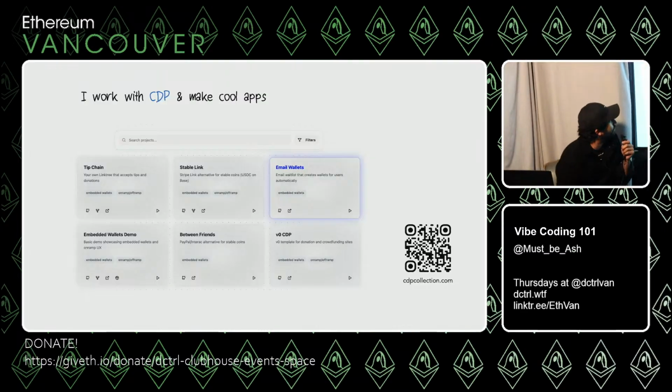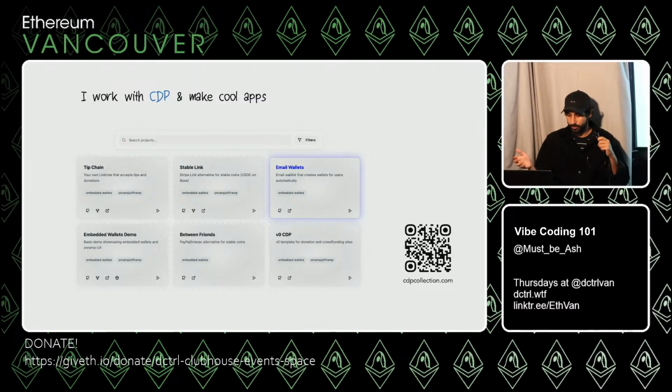But fast forward, now I work with Coinbase developer platform to make apps featuring their tech stack, like the stuff they're putting out and what it can be used for, which I love doing because I love making products, and this gives me experimentation room to be like, okay, here's a cool tech we just got, what can we do with it?